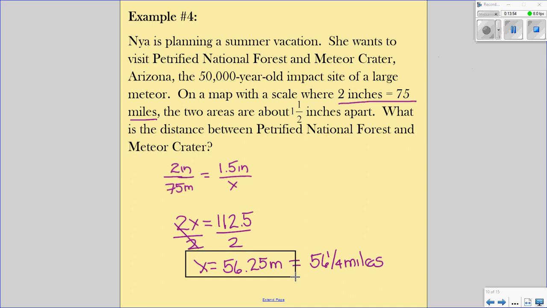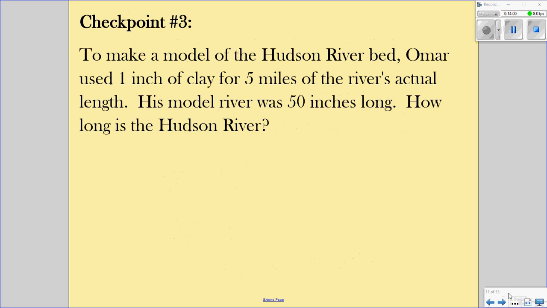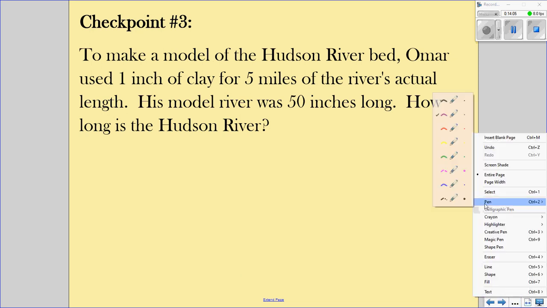Okay, so remember, anytime during this video lesson, if you are confused or you missed something, you can always pause and go back. And if you still have difficulty in terms of setting up word problems,